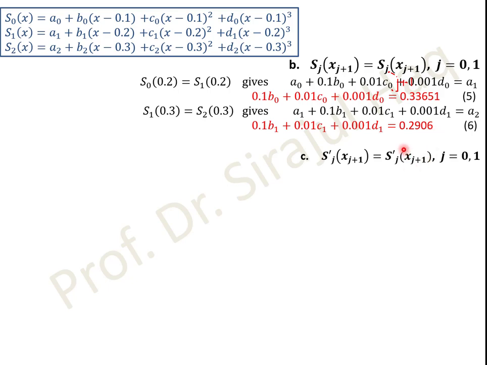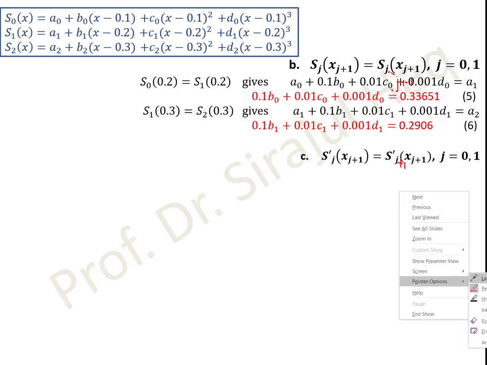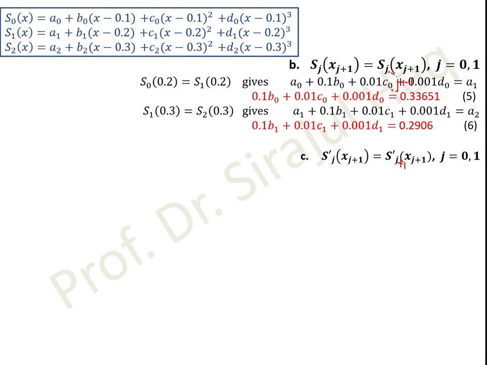Go for continuity of the derivative of the function. So again, this is not j, this is j plus 1. This is a typing mistake, I will say. This is j plus 1. So when you replace the value x is equal to 0.3, you can see